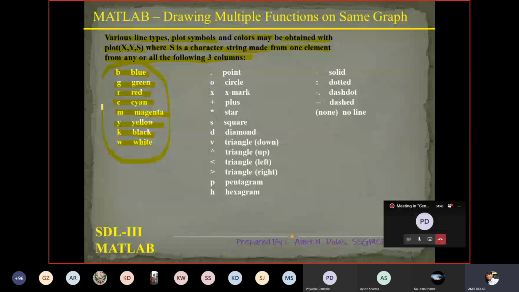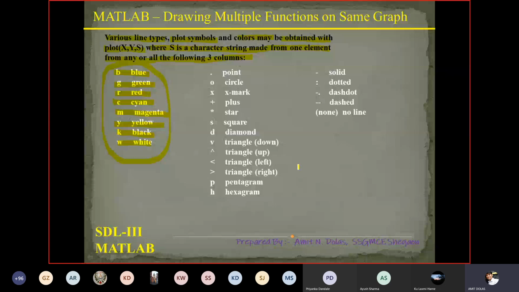So this column, these letters will show you different colors on the graph: blue, green, red, cyan, magenta, yellow, black, and white. Then marking, if you want it on the graph, these are the different markings. If you want a dot, then point.